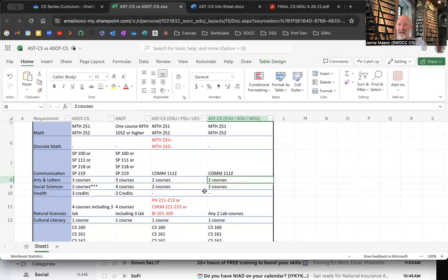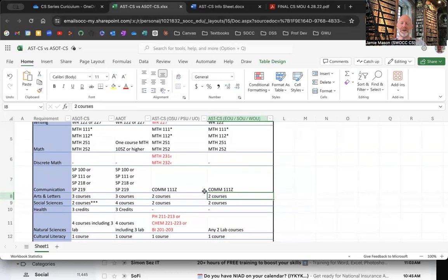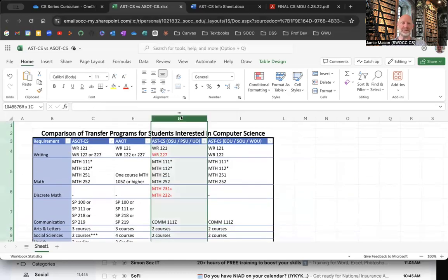Now here is the advantage of the new classes, okay, or the new degree. Okay, so the new degree, these two degrees, which are new, basically what they tried to do when they made these is reduce the general education requirements so that you have more electives or more credits available to take technical classes. Okay, so that better prepares you to complete your Bachelor of Science Computer Science degree